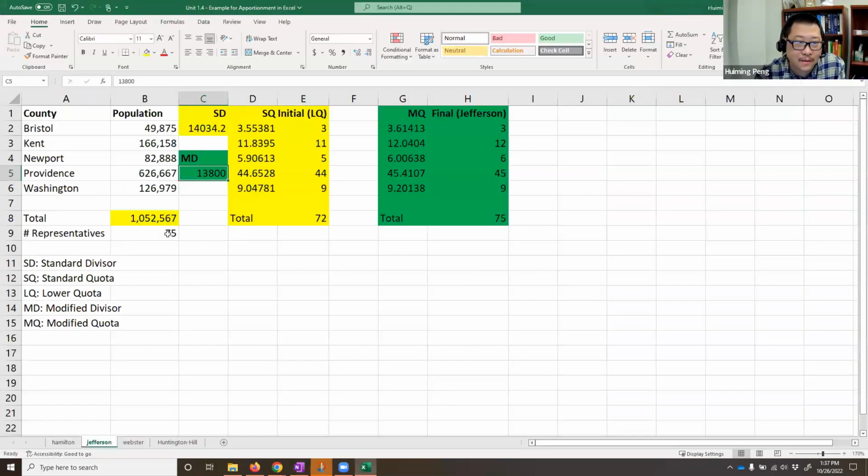For example, if I increase the number of representatives from 75 to 76, and I do the same apportionment, what do you think the result should be, logically? If I increase by 1 representative, some state should finally gain 1 representative, right? This should be logical. I add the 1 representative, probably here, or here, or here, whatever, we have a reason. But